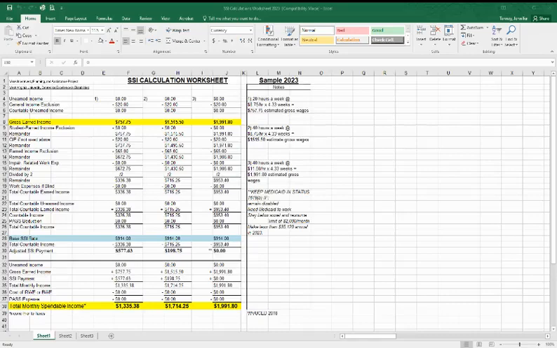We did have a couple of questions come in over the past couple weeks from our last few conversations. One of those questions regarded SSI and the student earned income exclusion. That question was, do you have to be a full-time student in order to be eligible for the student earned income exclusion? The answer to that question is yes, you do have to be a full-time student in order to